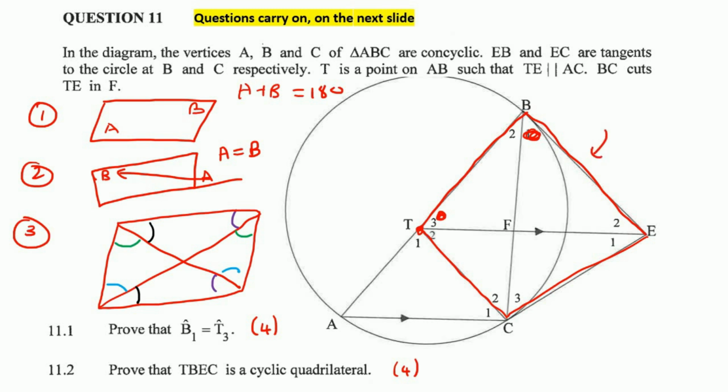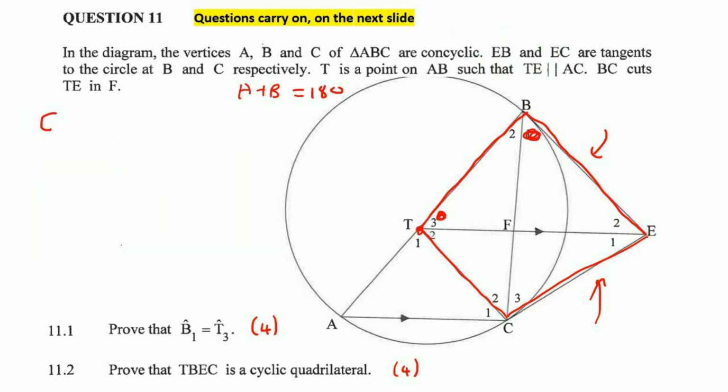So these lines, BE and EC, they have the same length. Why? Because they are tangents that come from the same point. Remember they told us that they are tangents. Where did they say? EB and EC are tangents, and they come from the same point. So EB is the same length as EC. Why? Tangents from common point. Okay, so what that then means is that in this triangle over here,